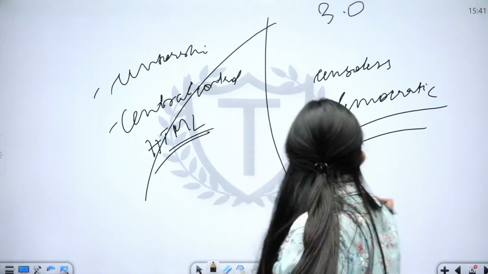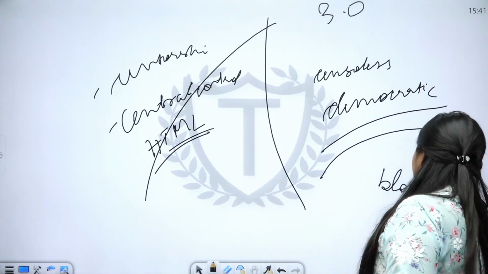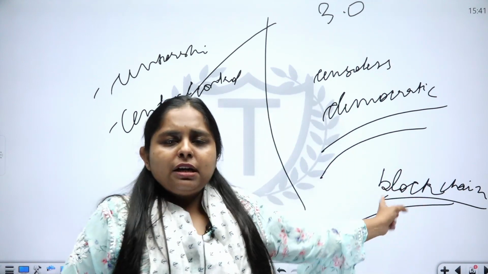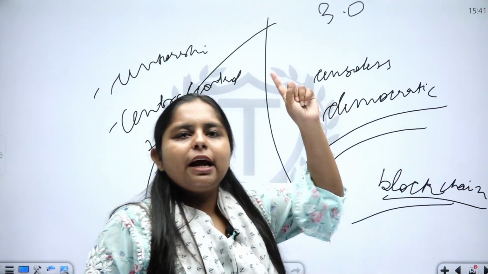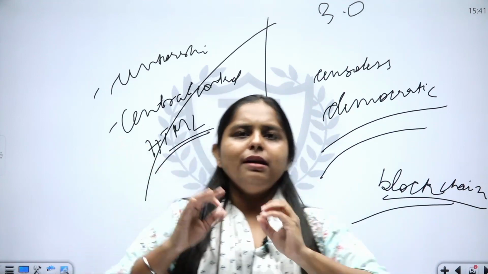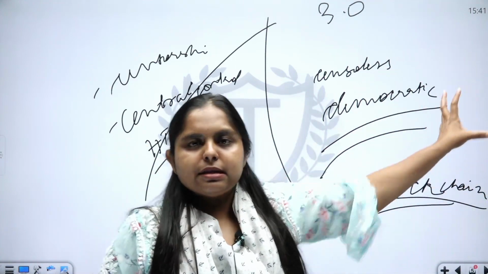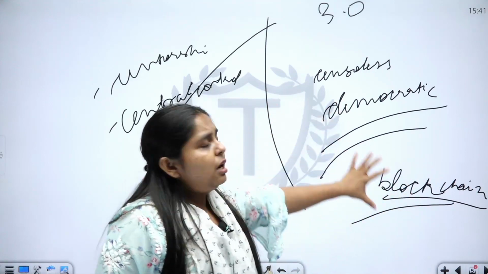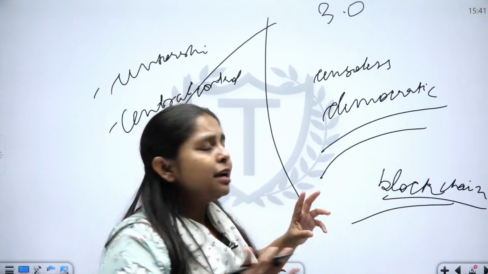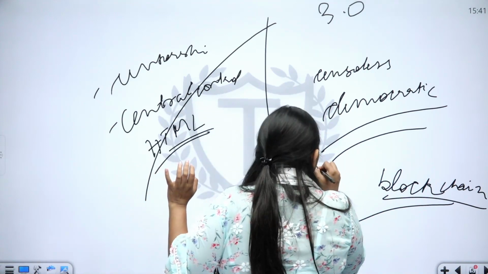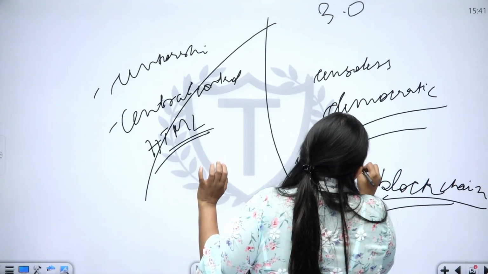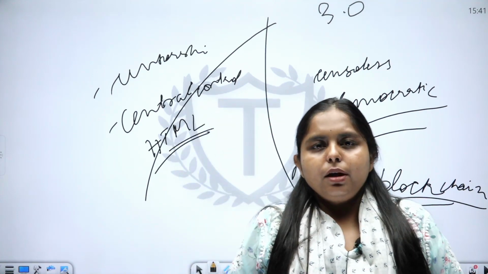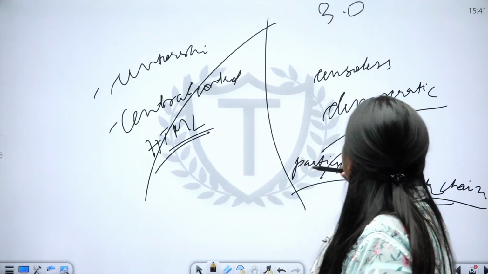You all must have heard about blockchain. If you've not, we'll be discussing it in our upcoming further videos. What is a blockchain? Anybody can upload anything, a ledger is created and then it stays as the ledger is. So we'll discuss this blockchain in detail, but the whole idea is it is a very democratic and a very participative format where you and I will have equal contribution throughout the web. This is the feature of Web 3.0.